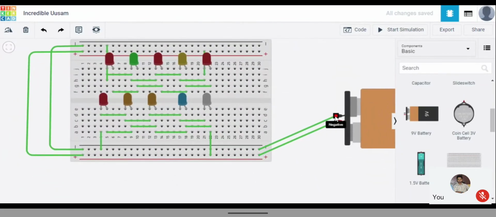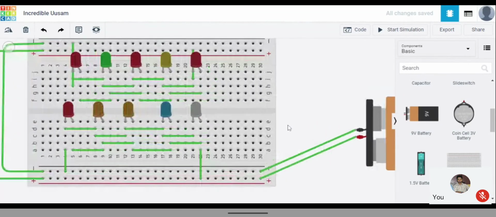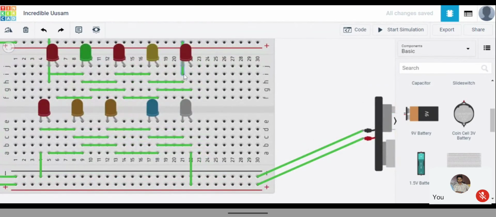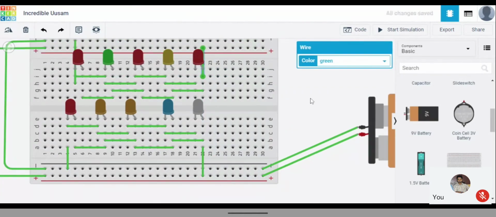Okay, so the negative I have created here, right? In the same way, I can take it from here to here also. But the problem is, sir, if you are doing it practically, the negative pin, sir, on the top LEDs, the last one, you took negative. You need to take positive. No, I think negative only. Where? Here. Yeah, sir. Okay, this one. Yeah, here I have to take it. Okay.